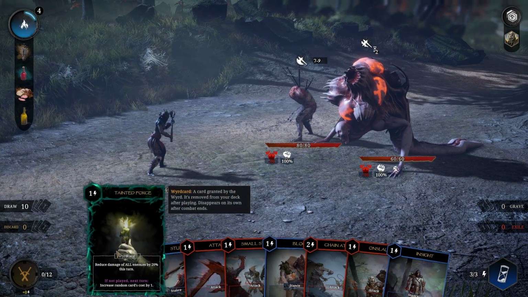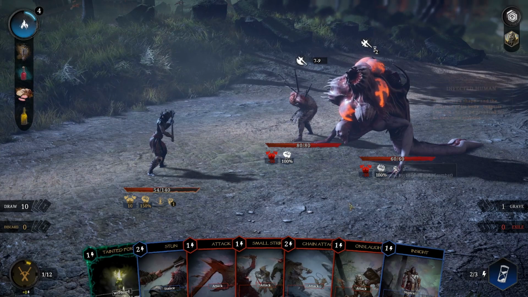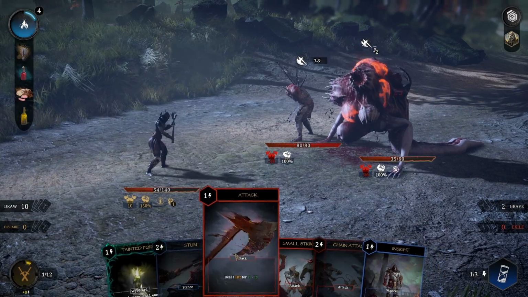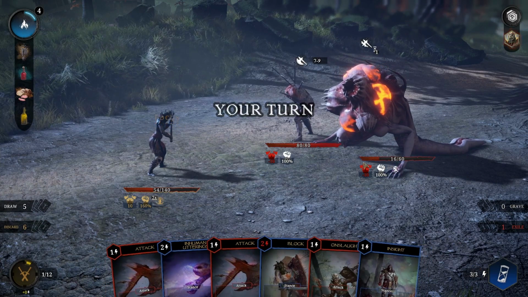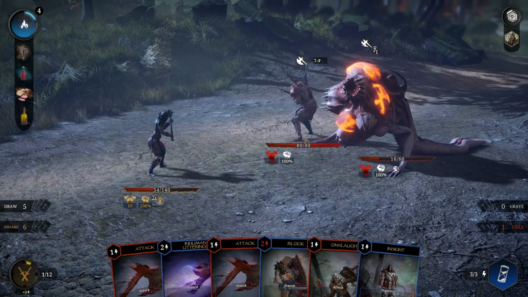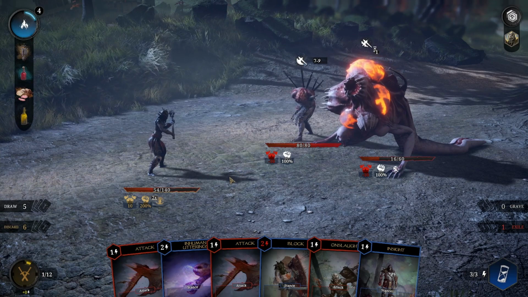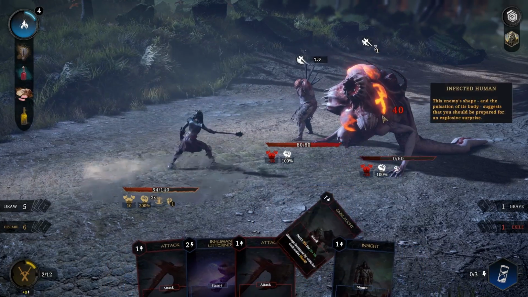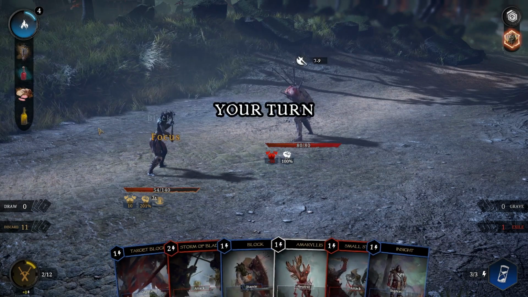Got damage reduction or increase a card's cost next turn. I think I'm gonna have to live with the increased cost next turn. I want to take out Sloppy Guy here. Okay. And I would like to be able to block that. Should be enough to get the kill, which is good enough for me, even though I kind of got messed up by